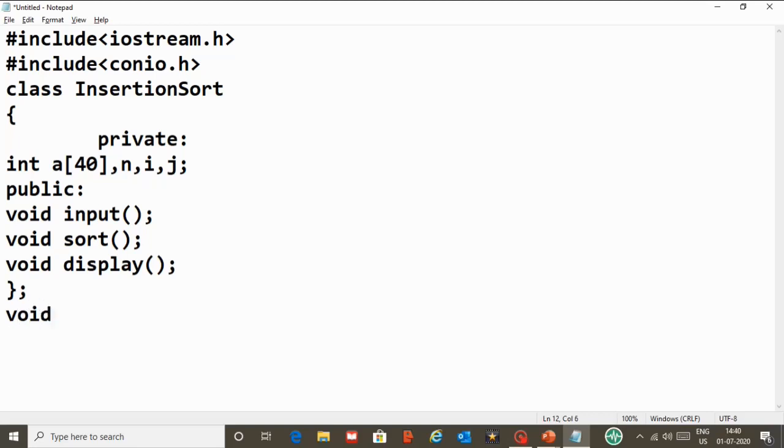So void is the return type. InsertionSort is the name of the class to which it belongs, scope resolution operator, and the name of the function. So I will start it here. To begin with, what should I do? I should ask the user the number of elements in the list. So cout,